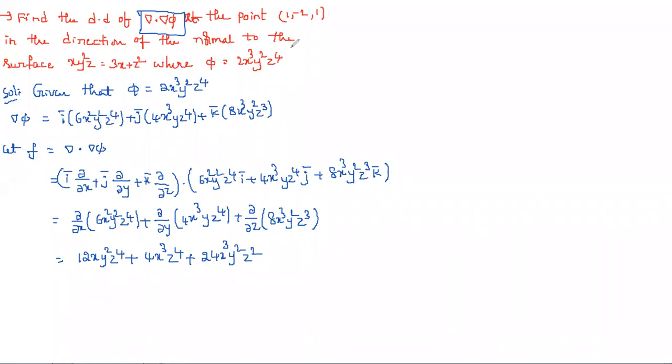Now we got f. By taking this f, first you need to find del f at this point, and next del g. G you can choose as the other surface, find del g at this point, and then find the directional derivative. Only this part is new compared to previous problems.